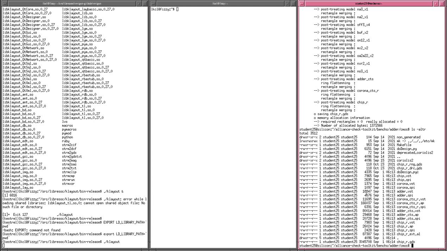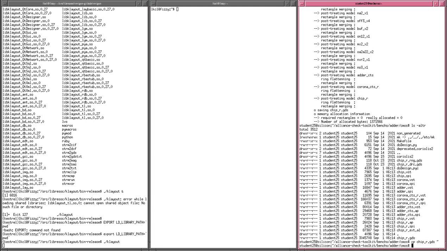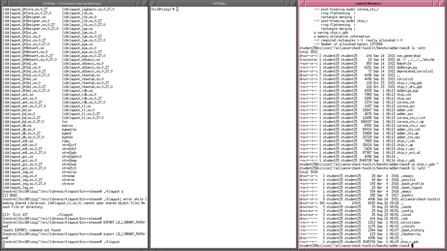Okay, so first thing is this chip_r.gds file. Okay, copy chip_r.gds to the home directory, that's tilde. Okay, alright, ls -al tilde in the home directory, and we should see in the home directory that there is the chip_r.gds